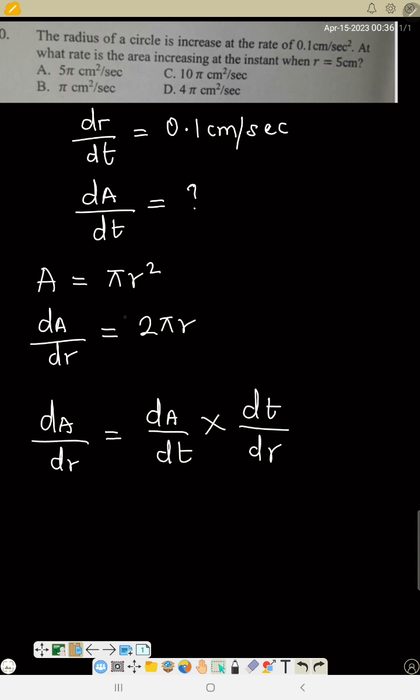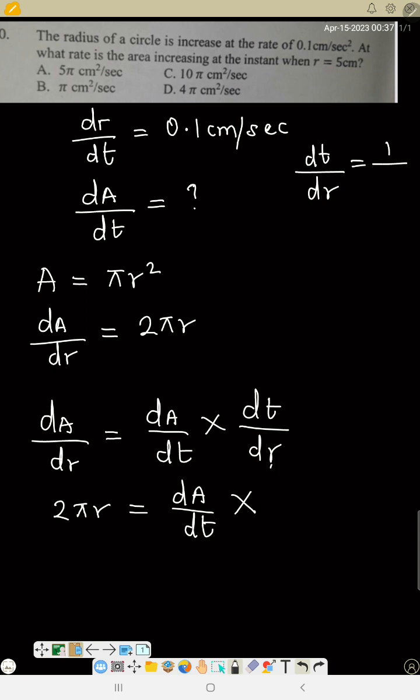So remember, dA dr is 2 pi r, as in dA dr is 2 pi r, equals dA dt is unknown, so that's what we are looking for, times dt dr, but we have dr dt here. So the dt dr will be